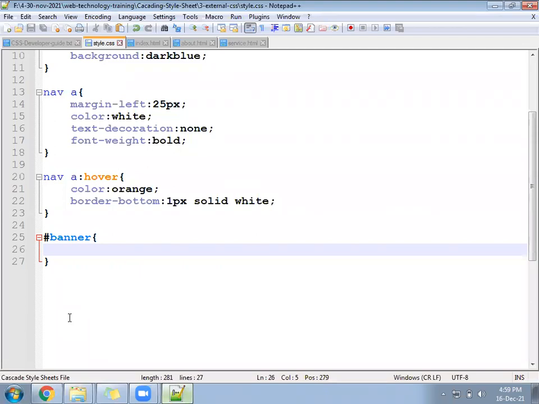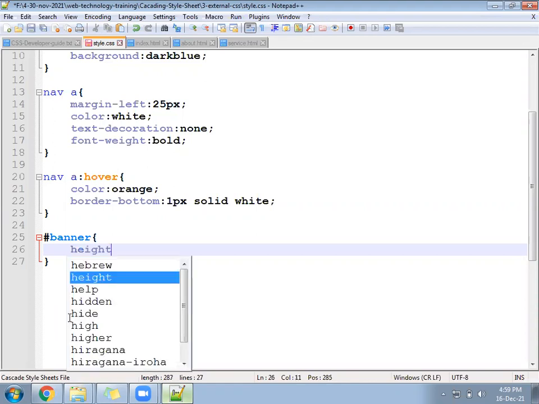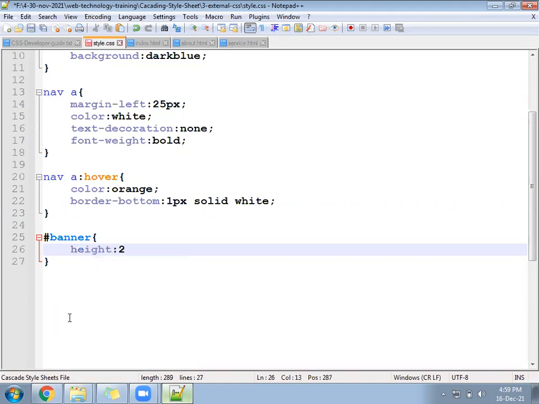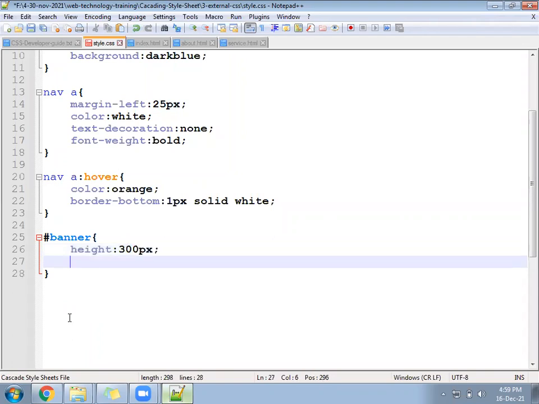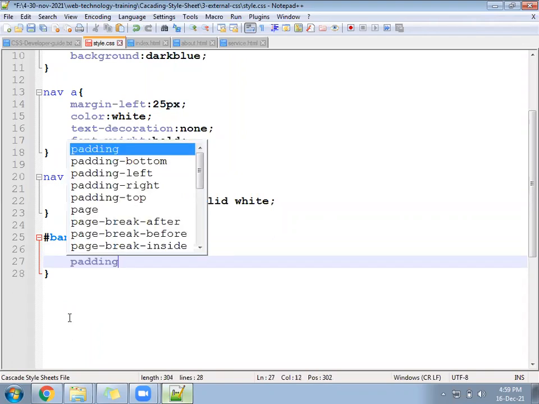Inside the banner, you will write the height of the banner. Suppose 250 pixel, maybe 300 is better. 300 pixel.